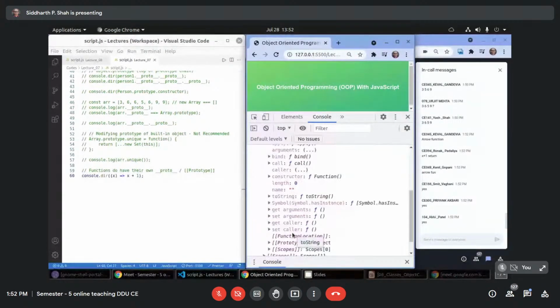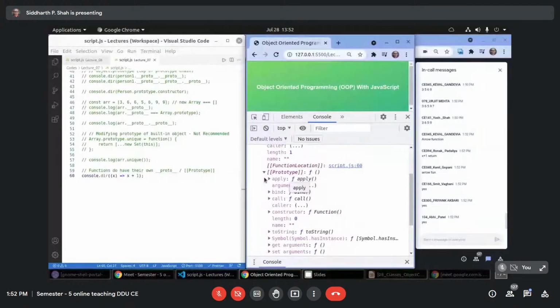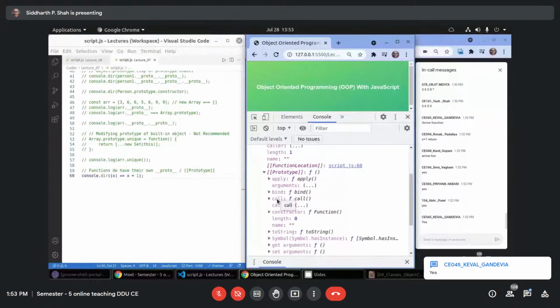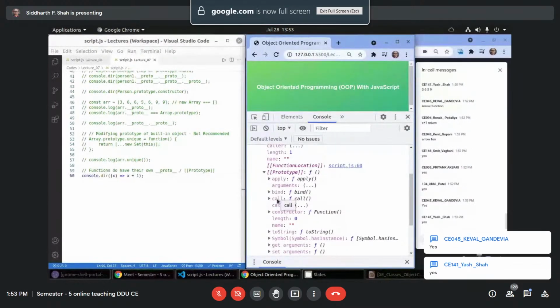And what is attached to this function? For every function, the default prototype attached to it is another function which has all these methods inside: apply, bind, call. If you remember, we can call apply, call and bind methods on any function object. Yes or no? And why can we do that?